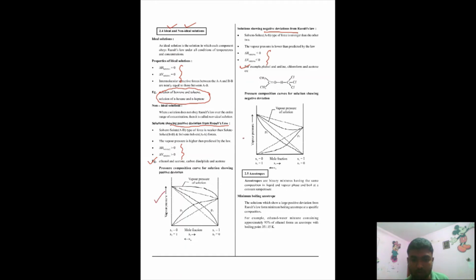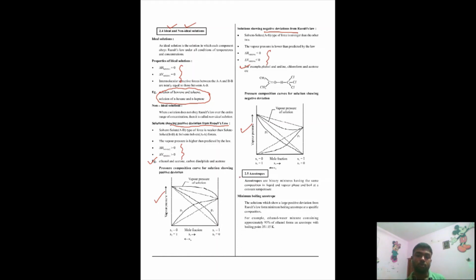These are asked generally all the time in examinations. This is one of the graphs. Both of the graphs are important. They will give you the graph and ask which group of solutions, which non-ideal solution does it belong to. Does it belong to positive deviation, negative deviation, or will they ask to give the examples of positive deviation solutions, like that. Okay, then the next topic is azeotropes.